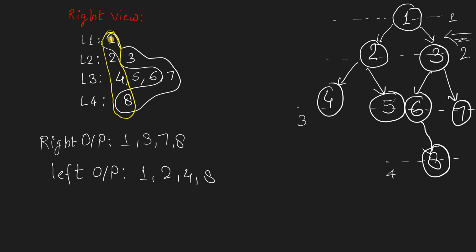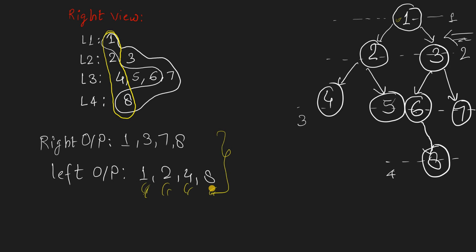8. And to print the left view of the binary tree, we have to print the first element. On this level there is only one element, so this will be the first or the last, so we'll print this, right? And then on this level, this is the first element, so we're printing this. On this level, this is the first element. On this level, this is the only element, so this will be the first element. So if we are able to write the level order traversal, and print all the first elements or all the last elements, we'll be able to find the left view or the right view of the binary